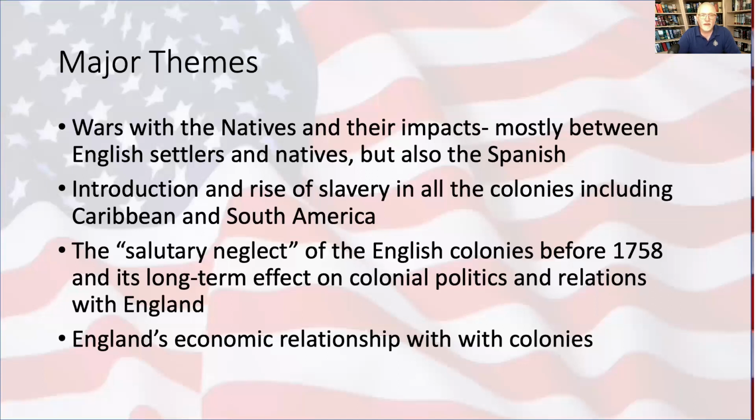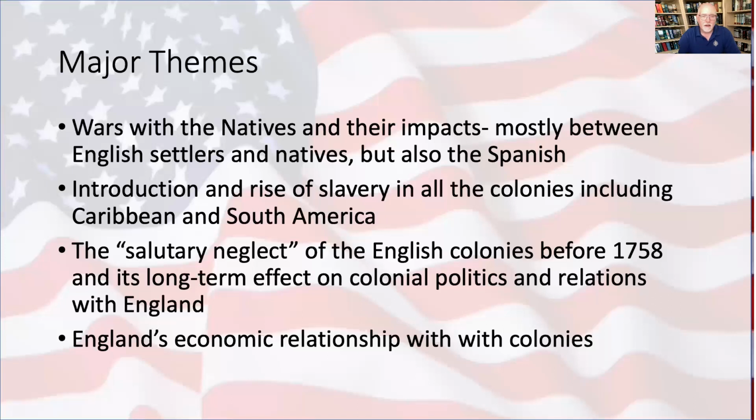So we see that when the first slaves are introduced into the colonies in about 1619, this immediately affects the economies of these middle colonies, and most importantly, the Caribbean and South America. All of the colonists, with the exception of the French and the Dutch to a certain extent, had slavery. The Spanish in the Southwest and the Caribbean and South America, and also the English colonies along the eastern seaboard.